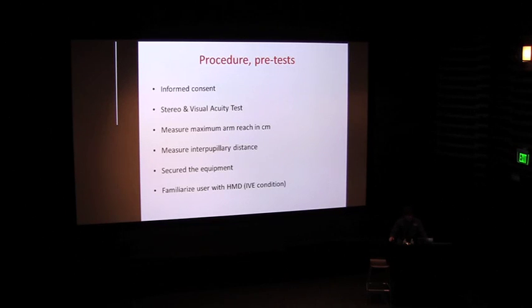Participants were also familiarized with the head-mounted display in the IVE condition. We also tethered participants to the back of a chair so that as they performed the physical reach responses, they wouldn't nudge their shoulder forward in showing us where they perceive the object to be, because this would give us erroneous readings. So we wanted participants to consistently provide physical reach responses in the exact same manner. So for consistency's sake as well, we made sure that we tied them loosely to the chair, not too tightly, so that if they reach out, they had some tactile feedback that allowed them to correct their actions, if you will.